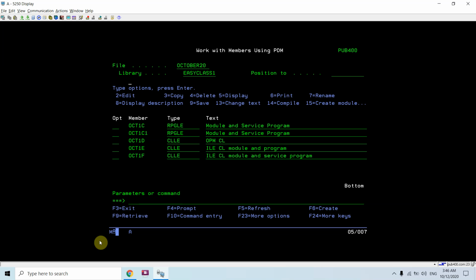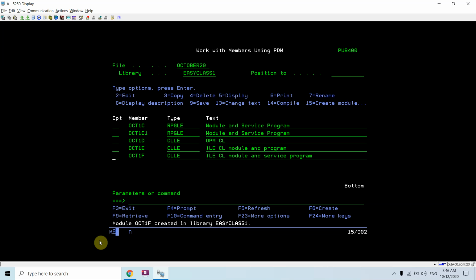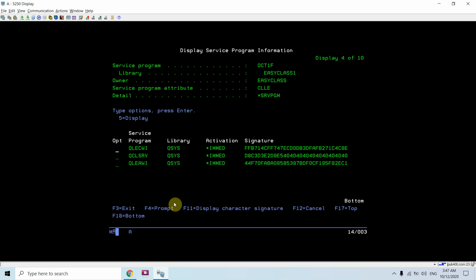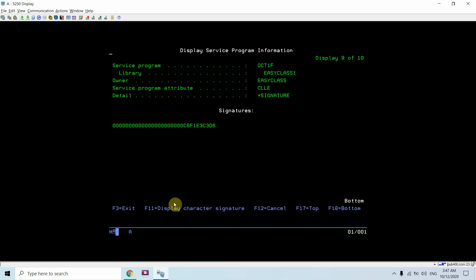The same way I can compile this also, creating the service program oct1f, that is the CL module service program. So if I do dsp srv pgm on that, I can see the CL module, and oct1f is the procedure.